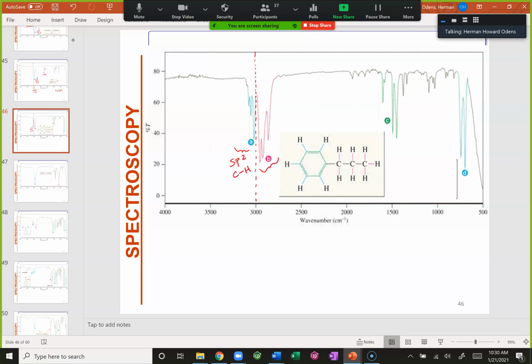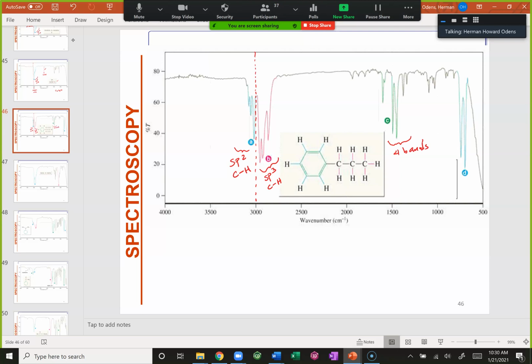Anything on the right side will be sp3 CHs. All right, and here I have a benzene ring because I have sp2 CHs, and in this case I don't have anything here that would represent just aliphatic double bonds. Then these 4 peaks, 4 bands,